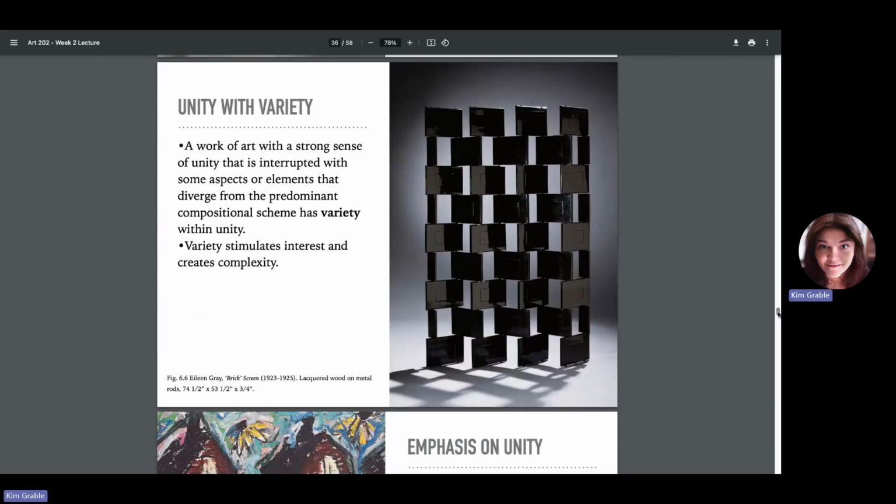Unity with variety. A work of art with a strong sense of unity, which this has. Everything is connected to everything else. Very, very unified. But sometimes it can give an interrupted view when some aspects or elements of this unified composition has variety. For instance, you're just going along fine here, and then you've got, well, this is the opposite, so